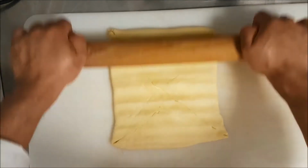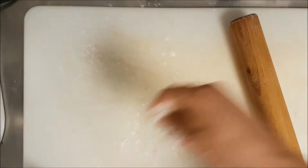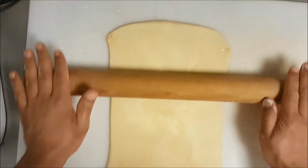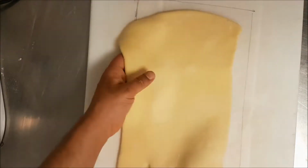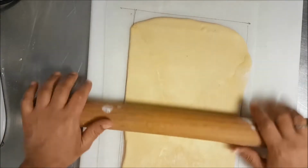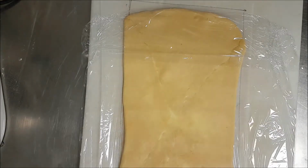Then you roll the dough 20 centimeter wide, 45 centimeter long, and all the time you must keep the shape. If square, rectangular, exactly the shape. I bent it down. This 20 by 45 centimeter. So I keep all sides in the same shape. As you see, I can cover with plastic film,